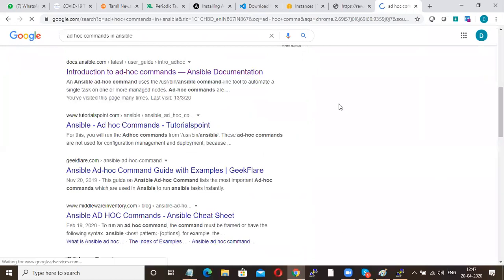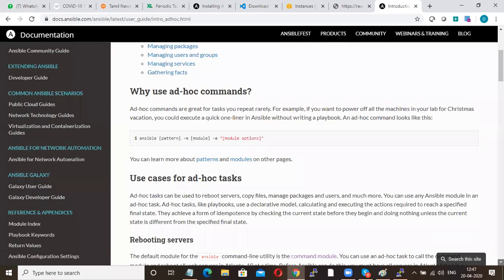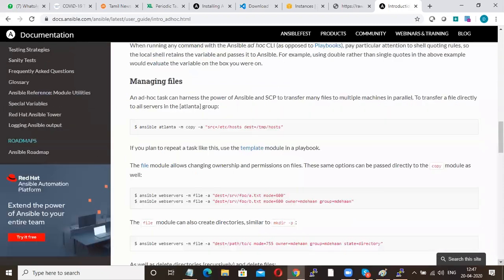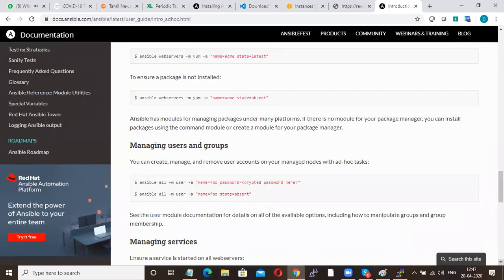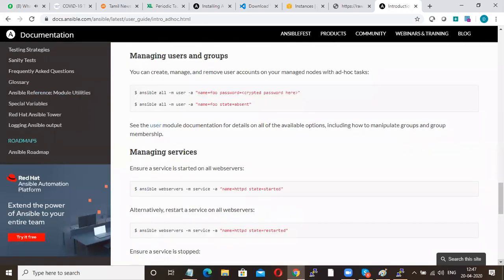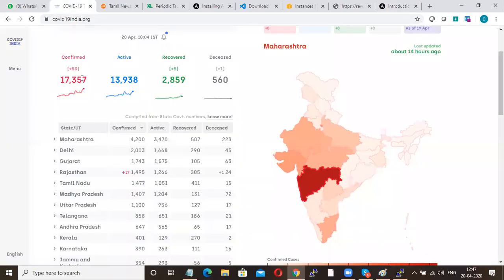Don't go for any blogs. Always prefer docs.ansible.com, and you can find them here. Mostly I have covered it. Anyway, if you still want more, you can check it.